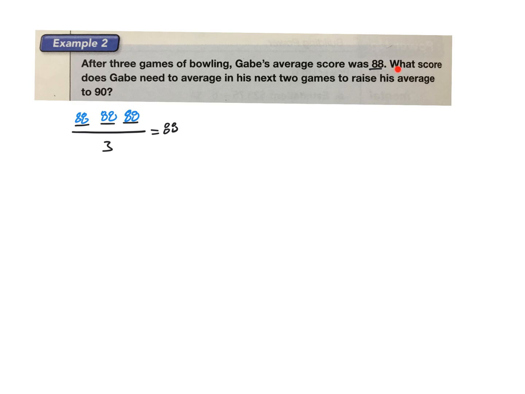And so what we're trying to figure out is what he would need to score on the next 2 so the average comes out to be a 90. He wants to be like, oh yeah, my average is 90. He's obviously going to need to score better than just a 90, because if he got a 90, it would be 88 plus 88 plus 88 plus 90 plus 90. It's still going to put you at something lower. So it's going to have to be something higher than 90, so that when it averages with those 88s,